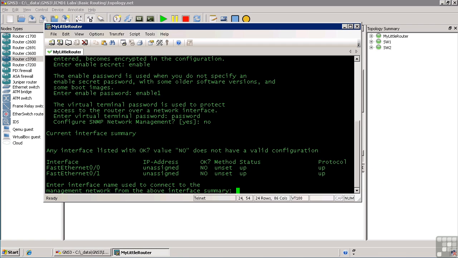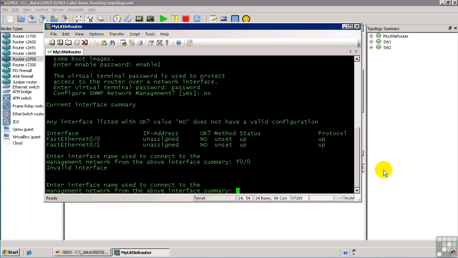And that's because, again, a router is fundamentally different from a switch. A router takes traffic coming in on FastEthernet 0/0, for example, and if it's destined to pass through the router, it will go out FastEthernet 0/1. At least in the simple configurations we're talking about for this course. In this case, we'll say FastEthernet 0/0 is the management network. Well, I have to actually enter FastEthernet